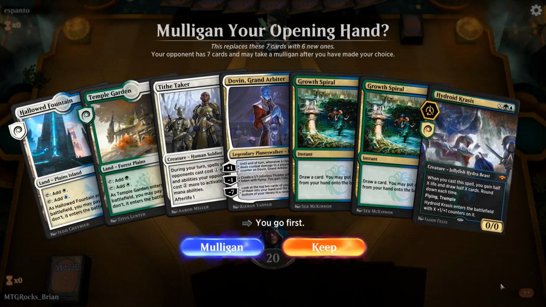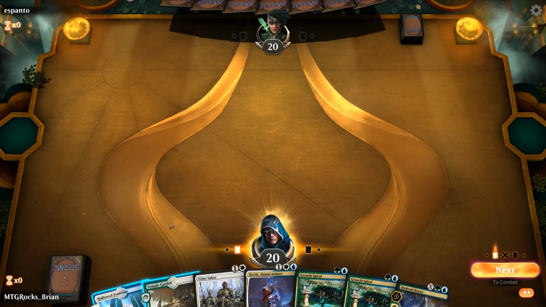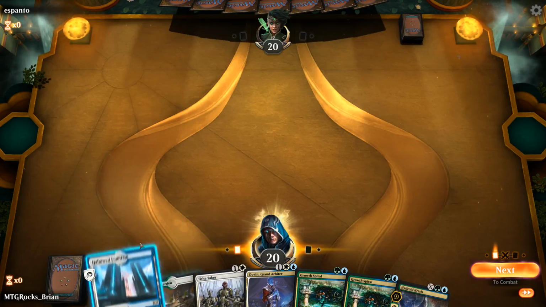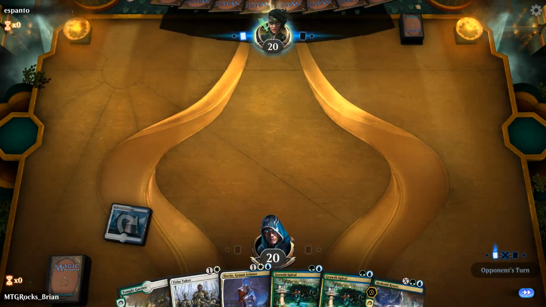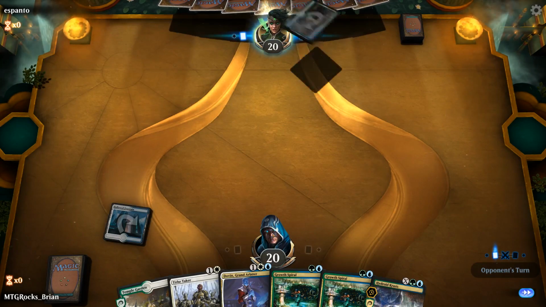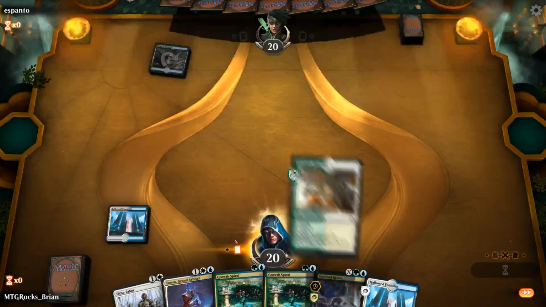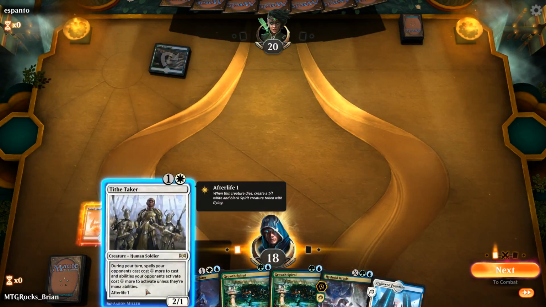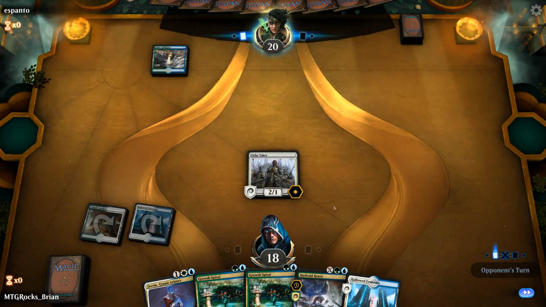Okay, alright, so we can play a turn 2 Tithe Taker. We can also play Growth Spirals. Dovin seems playable. I'll lead off with the Hollowed Fountain. Alright, we'll pay 2, and play Tithe Taker. And if he's running counter spells, that'll make it easier on our turn, although it looks